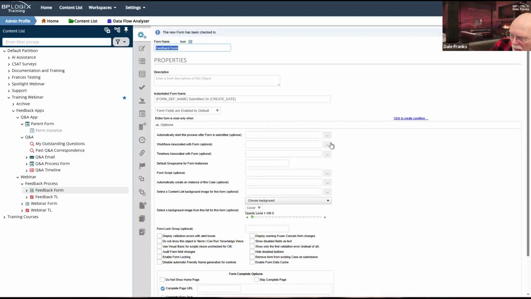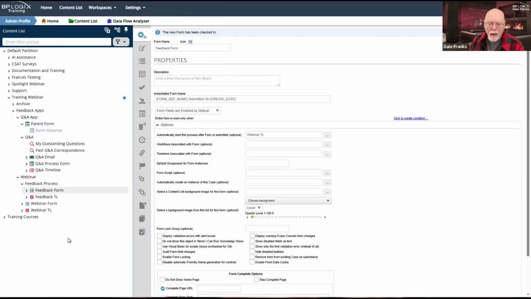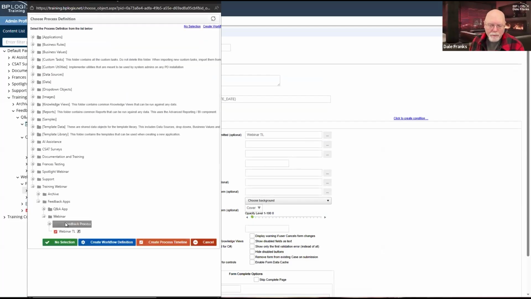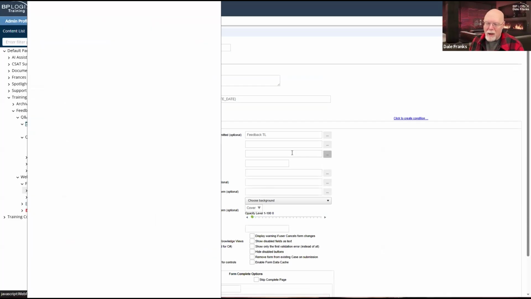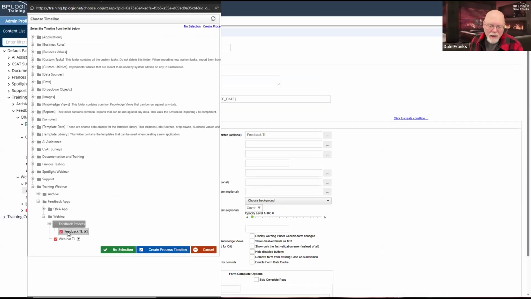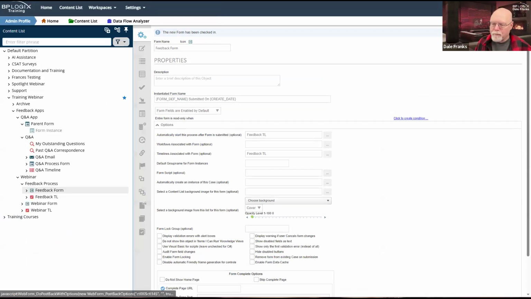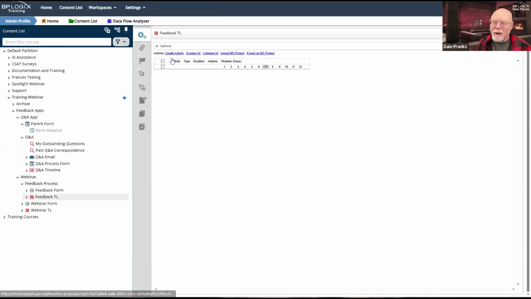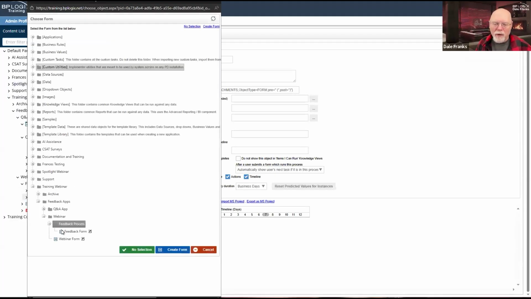And then I'm going to make my association between my form and my timeline. That's not the one that I wanted to grab. It's the feedback timeline because this is the feedback form. And I will make the timeline association, not particularly necessary in this case, but best practice that we do so. I'll hit OK there. Then I'll go back to my timeline. Now that I have a form, I've got to at least set my form for timeline.